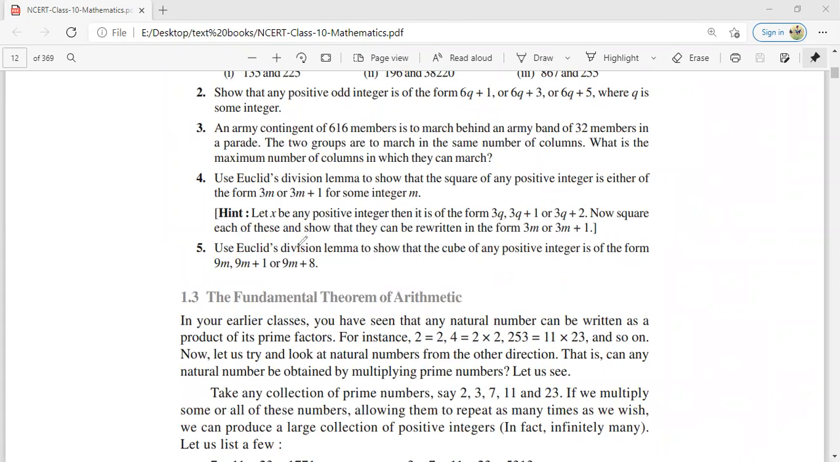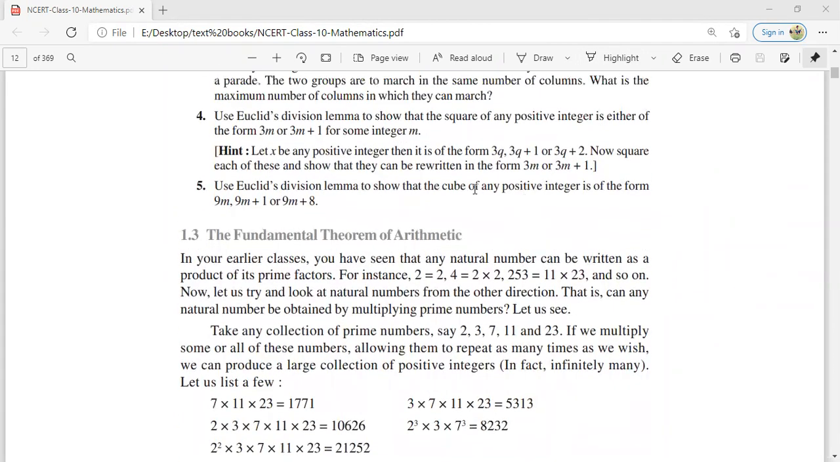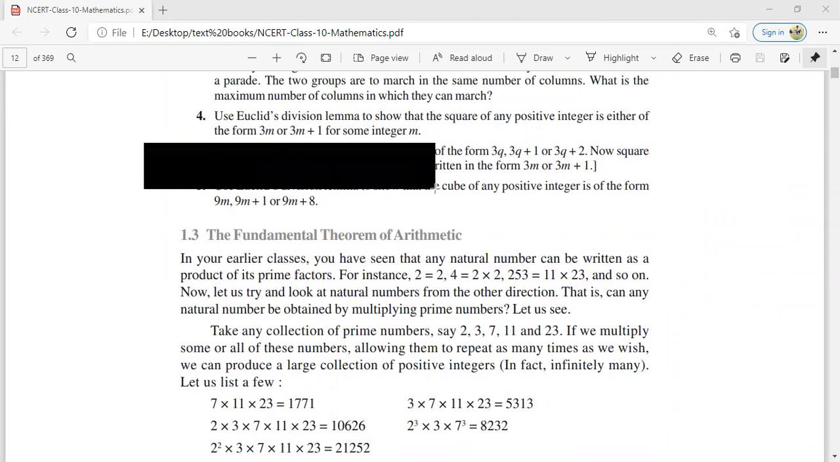There are some problems in some questions, but here there is no problem. Question number 4 is the same as what we have done just now, so we will take this question also. Here, using Euclid's division lemma,